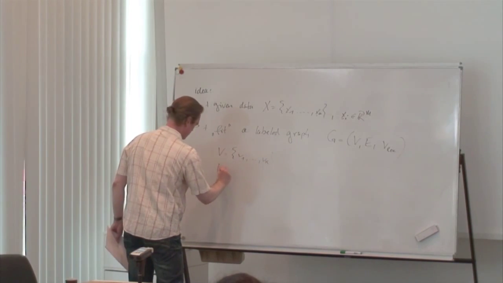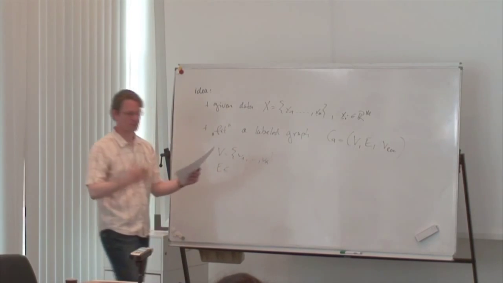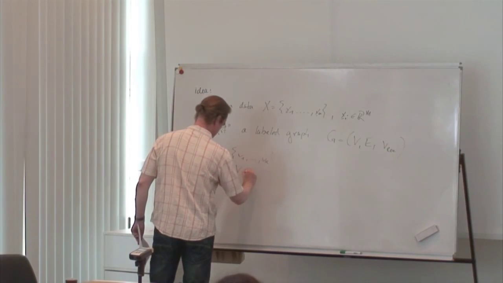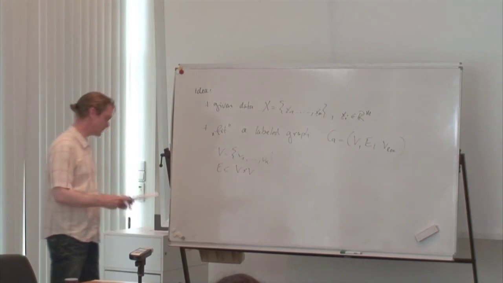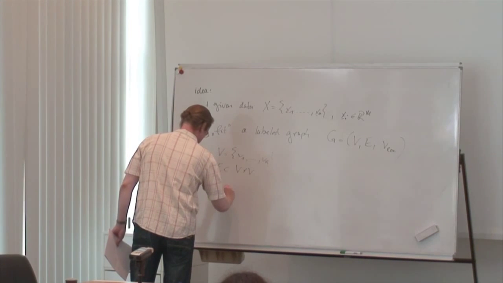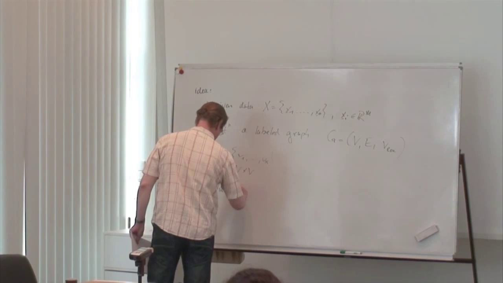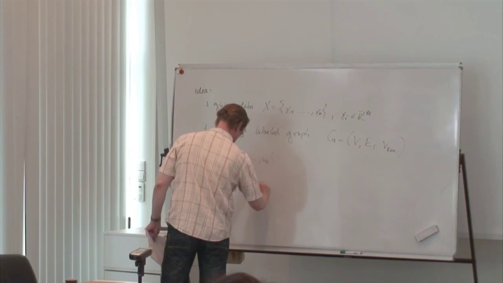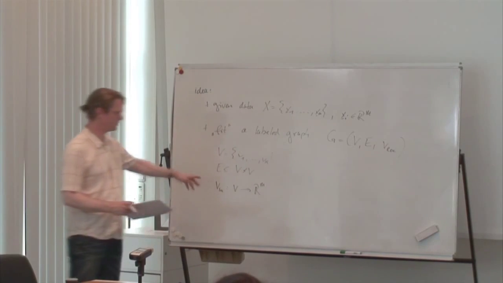Again, there are edges, which is just among some of these vertices there is an edge, so we have edges as a subset of the Cartesian product, and this vertex labeling function vlog takes a vertex and maps it to an m-dimensional vector, so log for location,